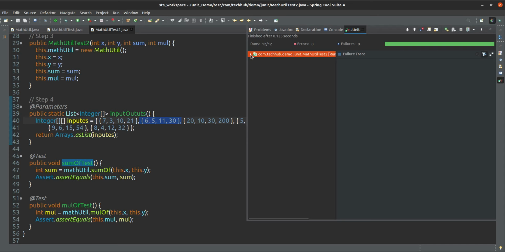Yes, if you see here how many times it is running: 6 times. Why is it coming 6 times? Because you have defined 6 inputs separately, and all the test cases passed. Now inside this class you can say 6 test cases are there.